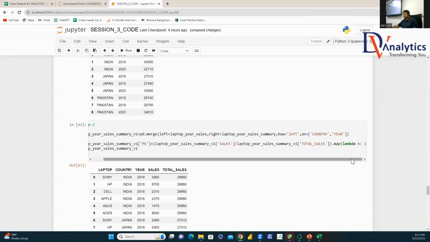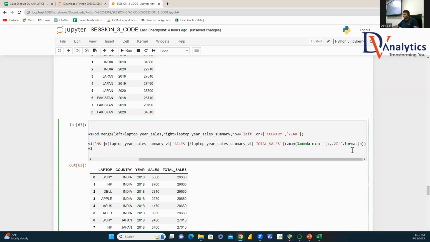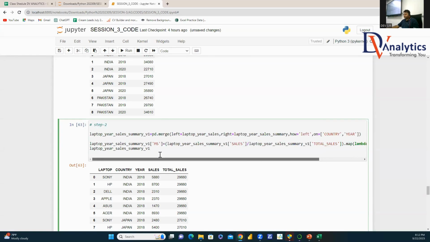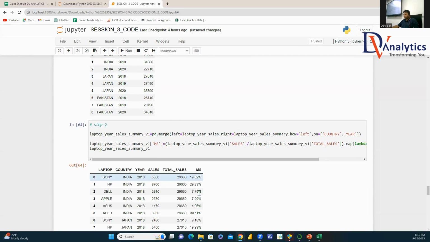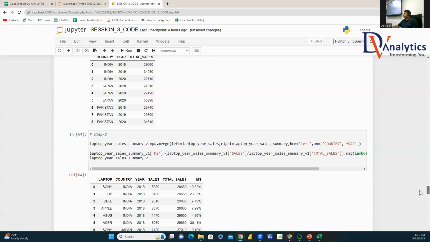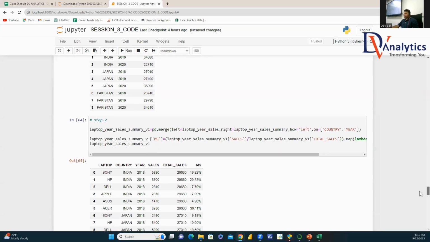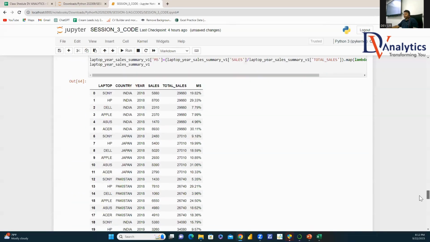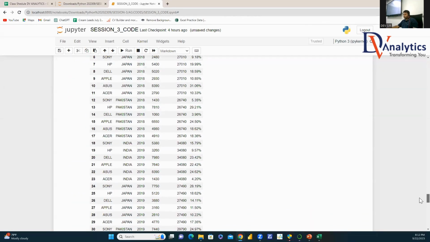So now, if I apply that, I should be able to see my market share. Yes or no? Clear now? Understood, guys? Right. Now, what we'll do here,